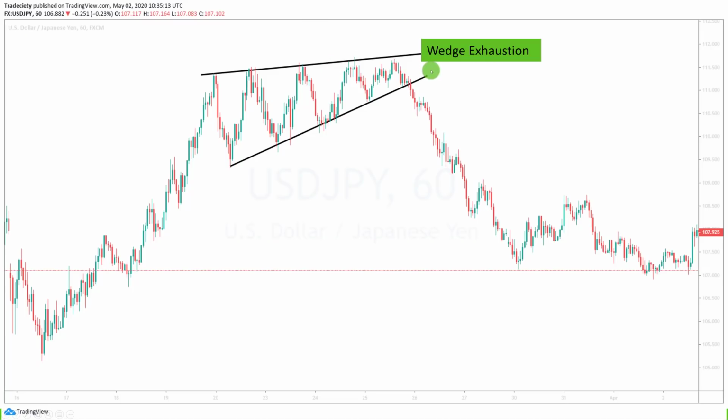And another one is the wedge exhaustion. I really am a big fan of wedges and exhaustion patterns. And again, it all starts with trend analysis. We have a very strong uptrending market. And especially when we look at the way the highs form, this tells us a lot about the trend market and the strength. And you can see when we look at the single swing high points,